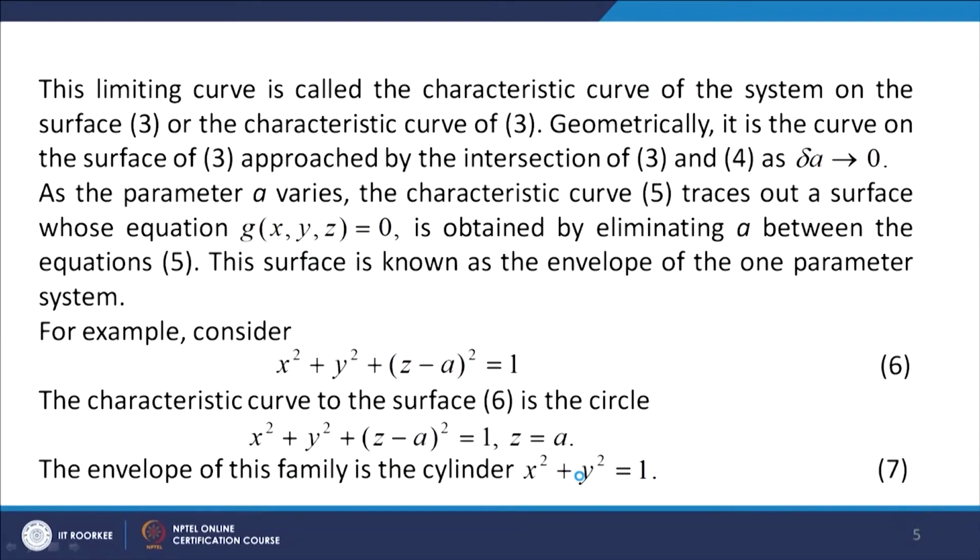Now, this limiting curve is called the characteristic curve of the system on the surface 3, or the characteristic curve of 3. Geometrically, it is the curve on the surface of 3 which is approached by the intersection of 3 and 4 as delta A goes to 0. As the parameter A varies, the characteristic curve 5,